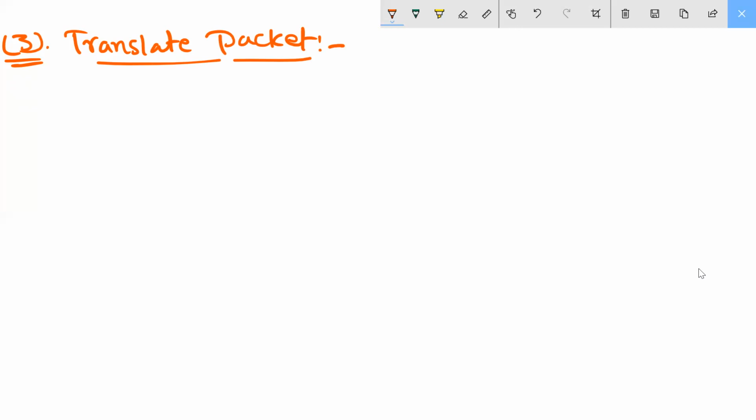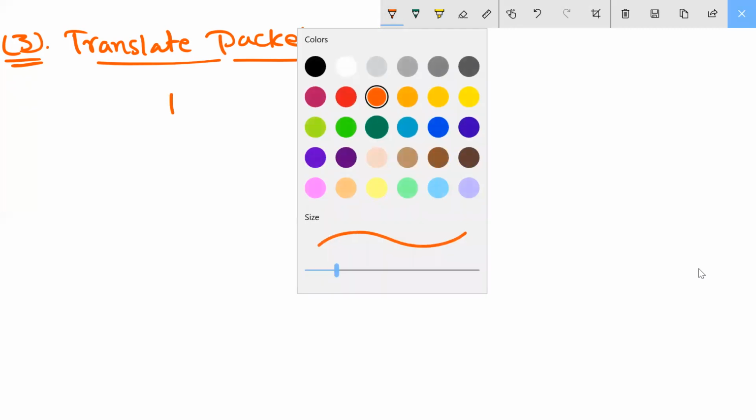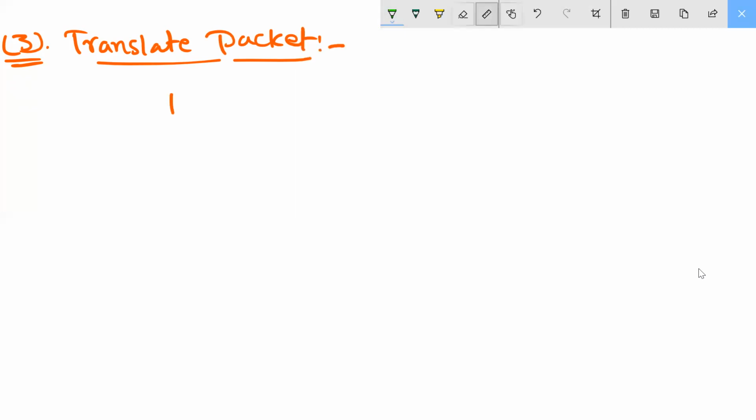Translate type, change this one. Translate type is mine, static IP.